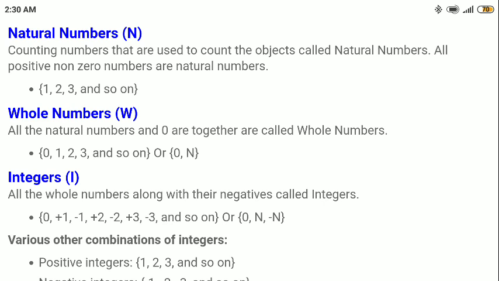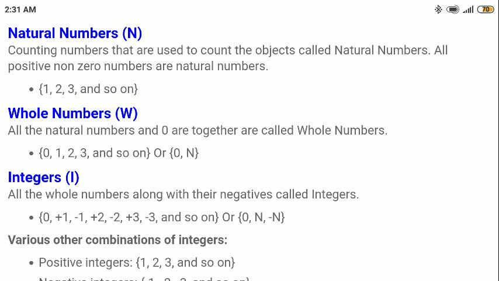So whenever we are counting anything, we start with 1. So 1, 2, 3. We are talking about things in full shape, so we don't have any fraction here as of now. We are only talking about full values starting with 1, 2, 3, 4, and up to infinity. So the group of these numbers starting with 1 and with the interval of 1, like 1, 2, 3, 4, 5 up to infinity, is called natural numbers because they were used to count the objects.